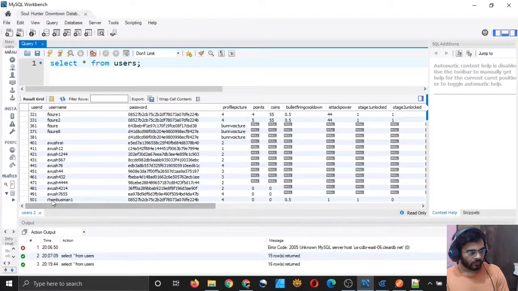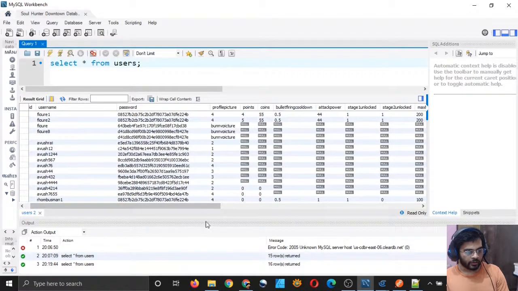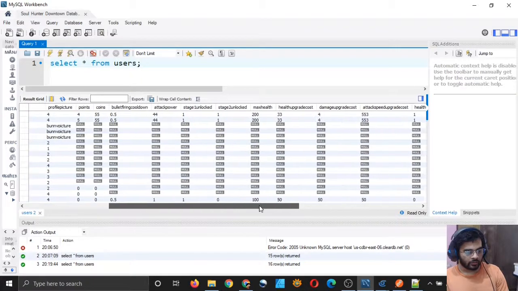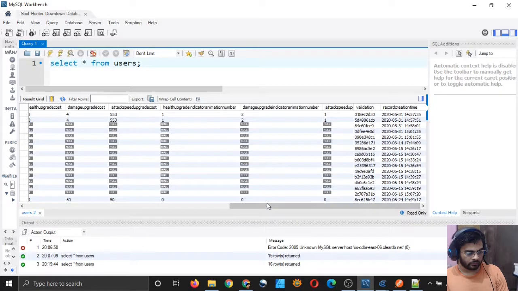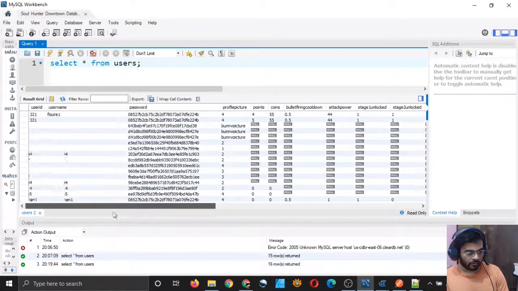So I have this rhombusman1, and you can see that my account is created, and I also have some default values here like points and coins and bullet firing cooldown, and all the default values are here, right? So I think that is very good.